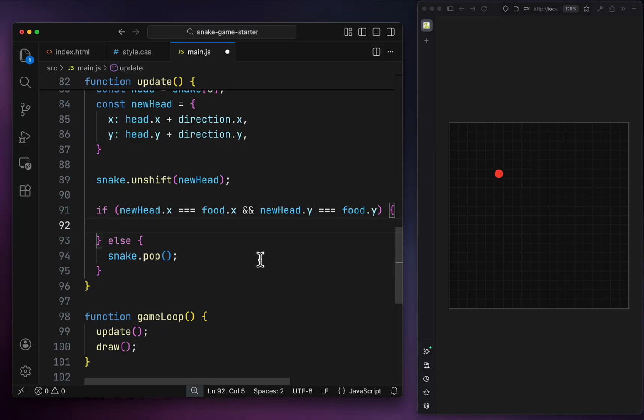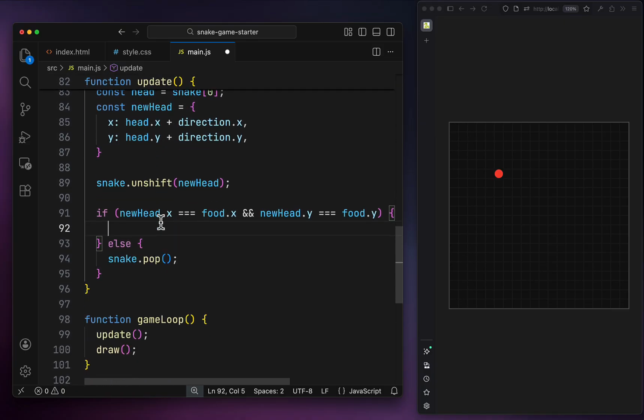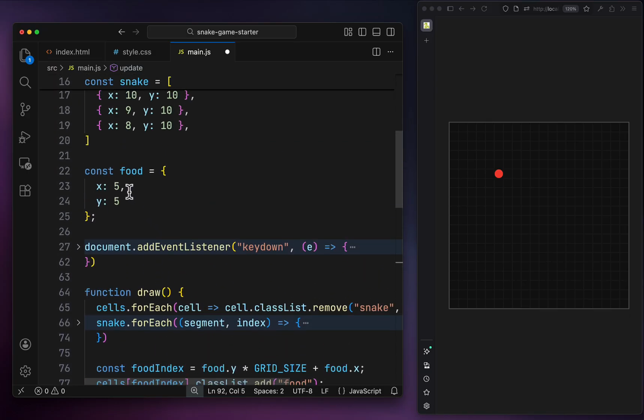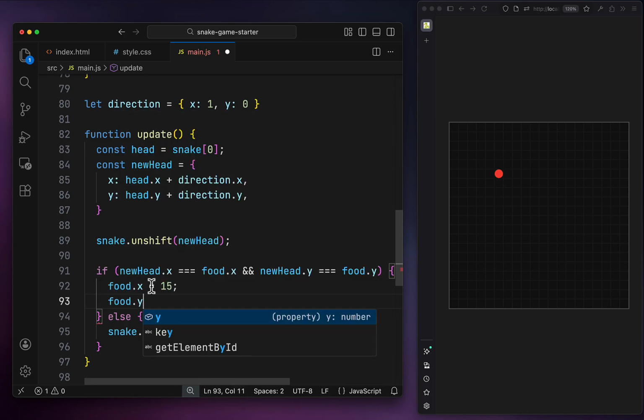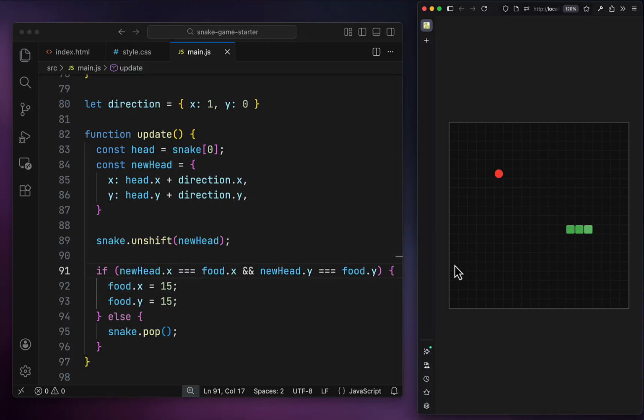And so what happens here is that when you eat the food, you need to put it in a new position. So right now I'm just going to hard code something, like let's jump to 15 and food.y 15. Okay, so let's go to the game, go up, try to eat this,